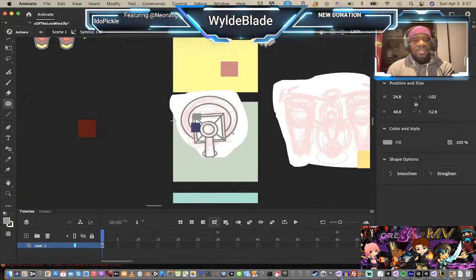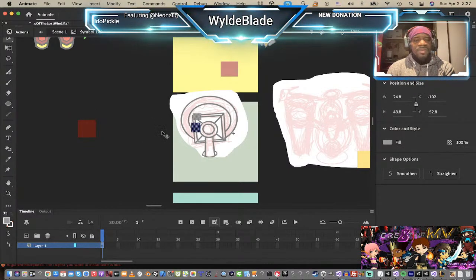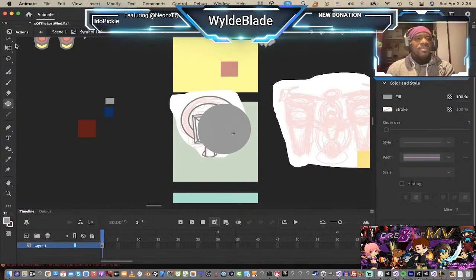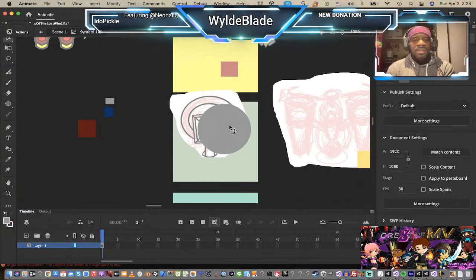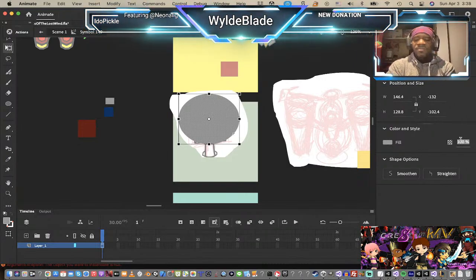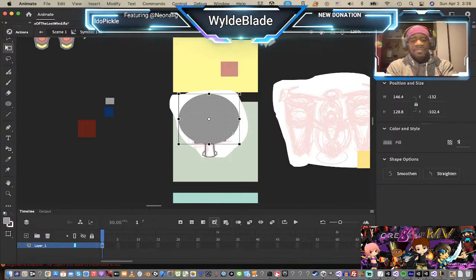And let me paste these guys here so I don't forget about them. Okay, so let me go back to the oval tool, and I've got this gray selected. So I'm gonna create a gray oval first. And then I can maybe stretch it out a little bit over here. And now I'll go ahead and lower the opacity of this one down to 50 so that we can see